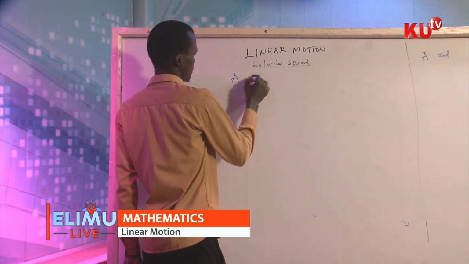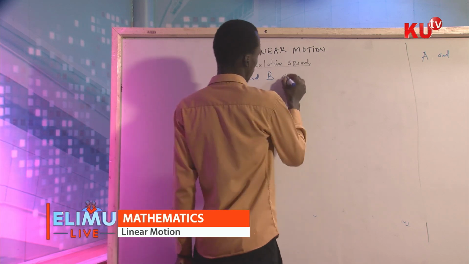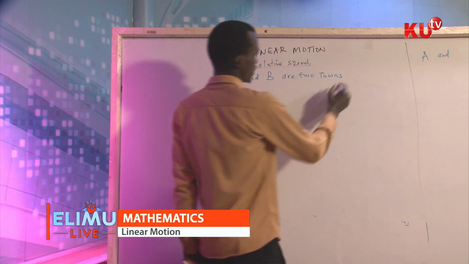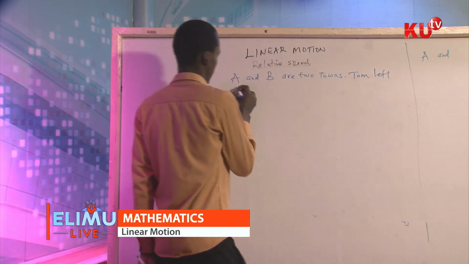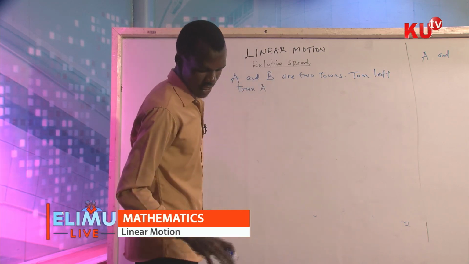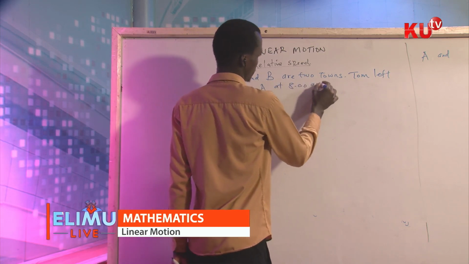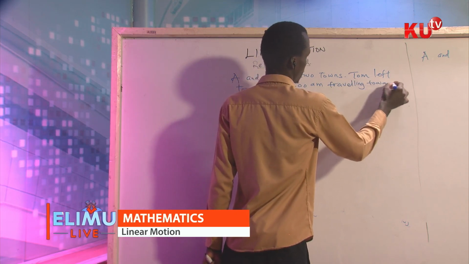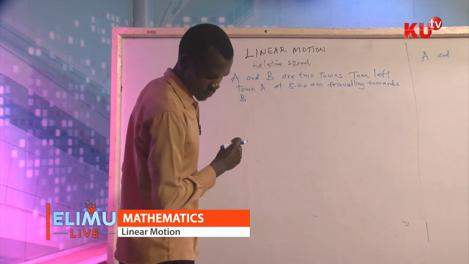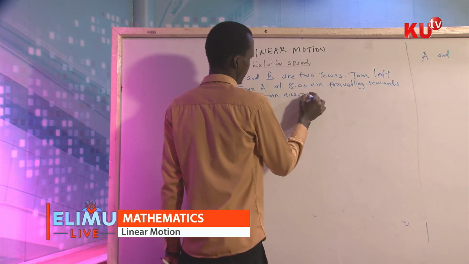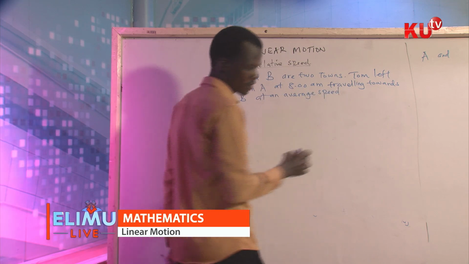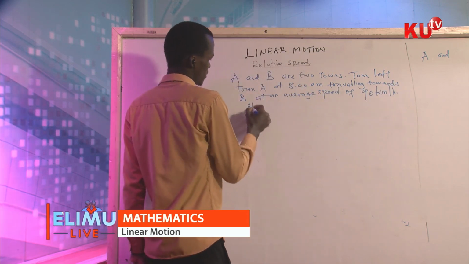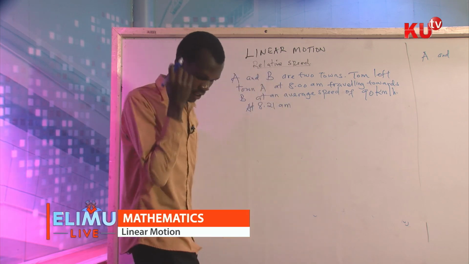We have that A and B are two towns. Tom left town A at 8:00 a.m. traveling towards B at an average speed of 90 kilometers per hour. At 8:21 a.m. on the same day,